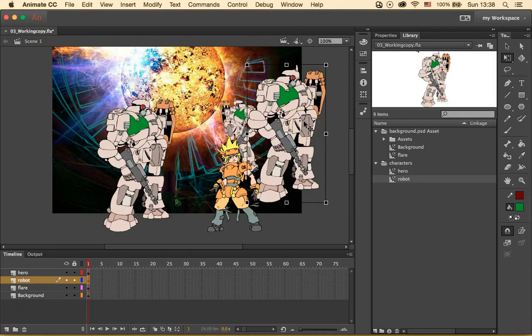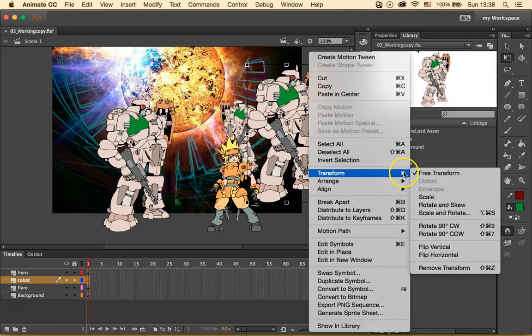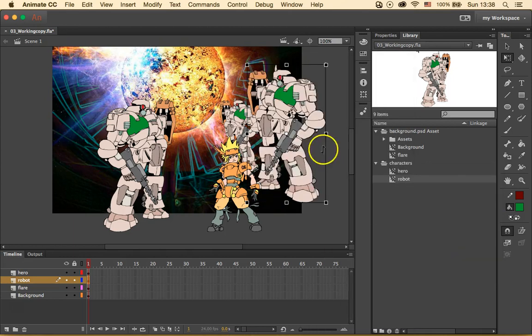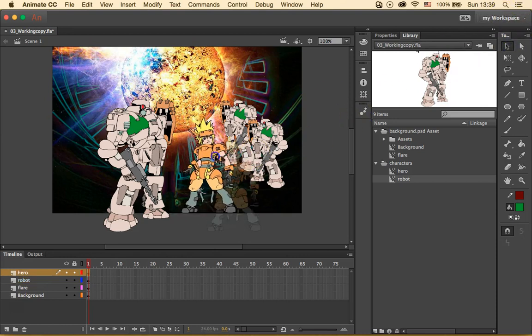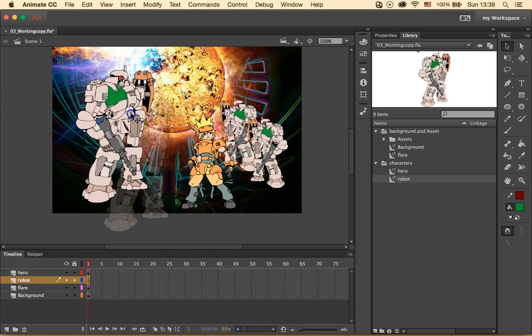With the Free Transform tool, flip the robot, resize it, and make it overlap the second robot. Move the characters into an attractive arrangement. Okay, so this is Free Transform. We right-click, transform, flip horizontal, and shrink the symbol. Use the selection tool to drag the characters